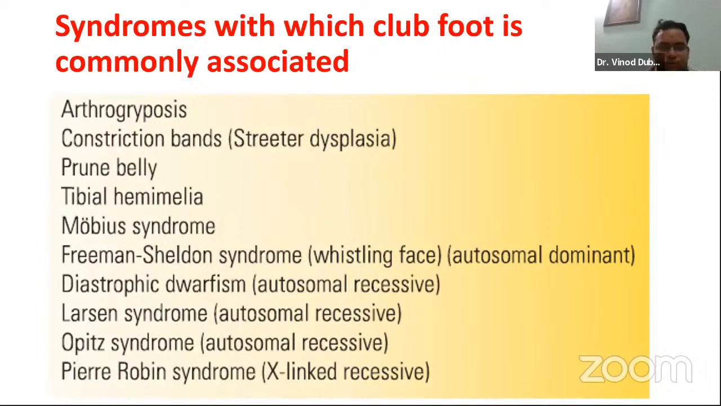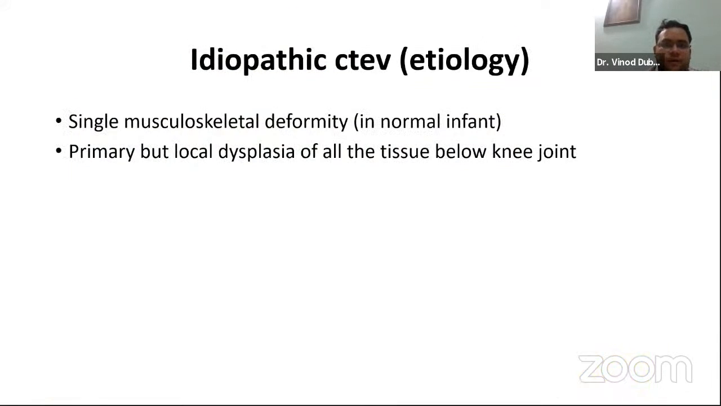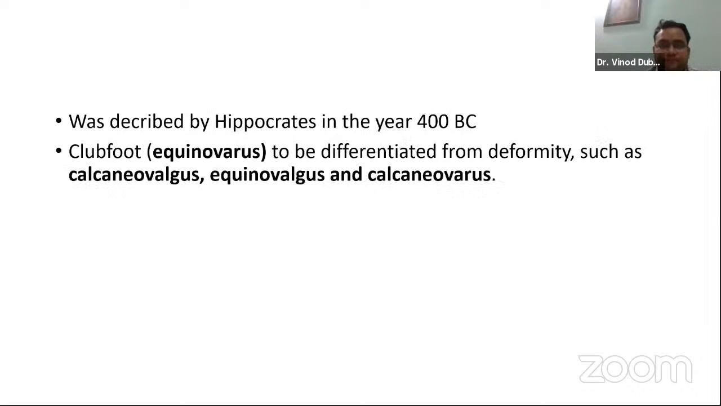These are a few syndromes very commonly seen in day-to-day practice. Idiopathic clubfoot is a single musculoskeletal deformity which is there in otherwise normal infants. The infant is absolutely normal, no other anomalies, no brain or spine problems, everything else is normal. Only they have the CTEV deformity, either unilateral or bilateral. And this was described well before 400 BC by Hippocrates,